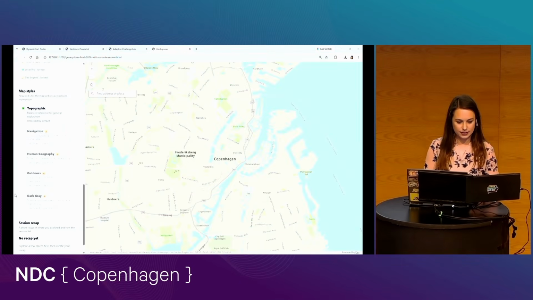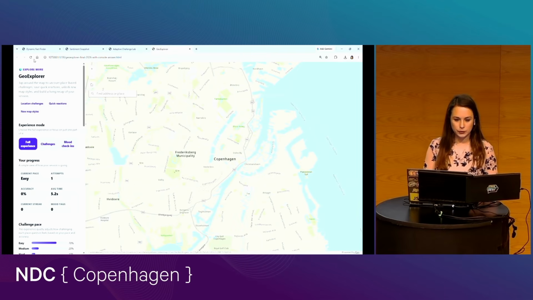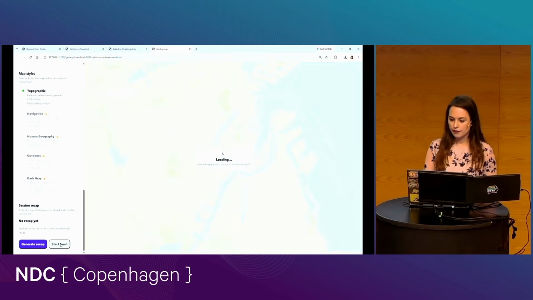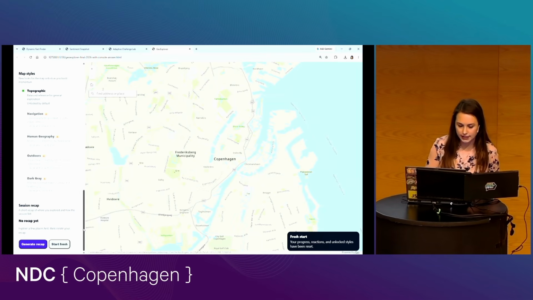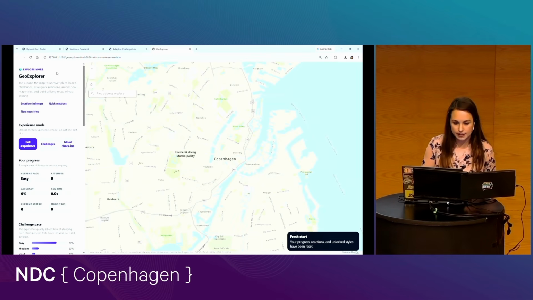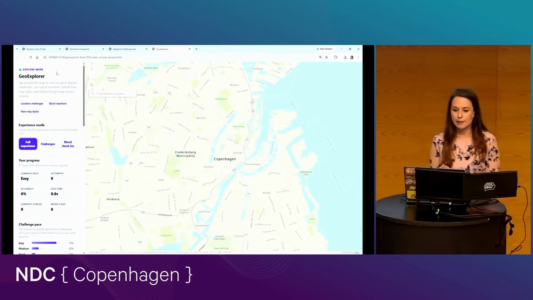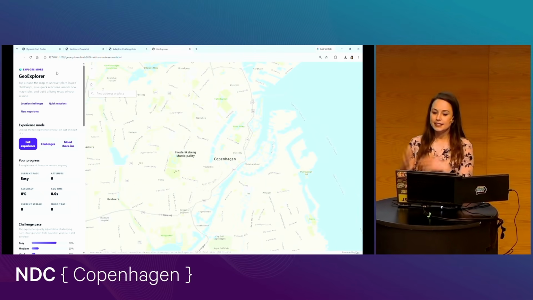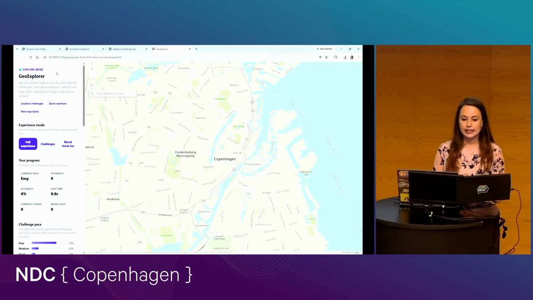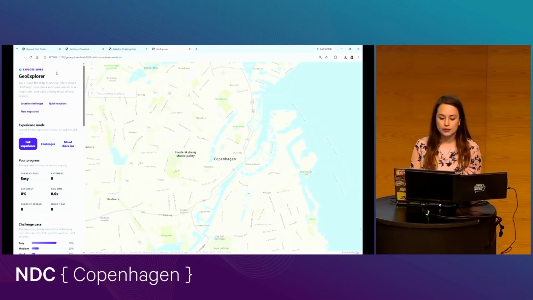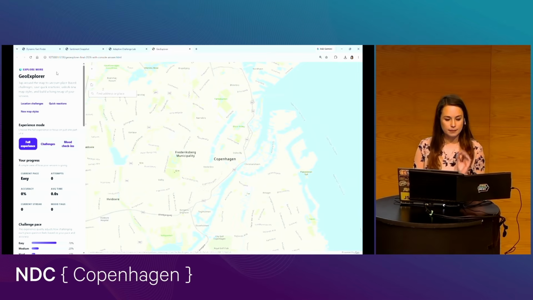All right, so similar idea as earlier, where you are exploring a new place. Let me go ahead and refresh all of this. I'm going to click Start Fresh, so it's all nice and fresh there. Perfect. Okay. All right, so let me point out a few things before I show this app in action. So the first thing is it's obviously centered on the Copenhagen area here. We are using an ArcGIS Maps SDK for JavaScript application here for the map itself.